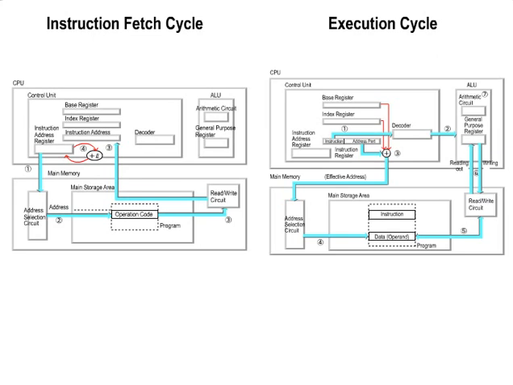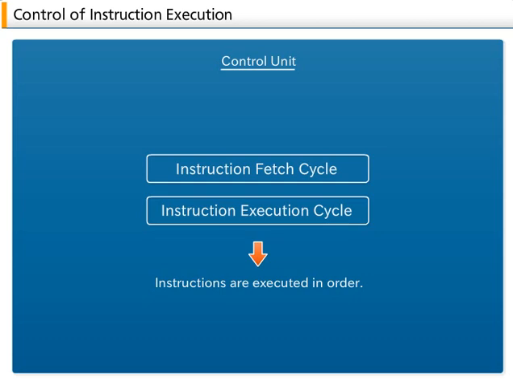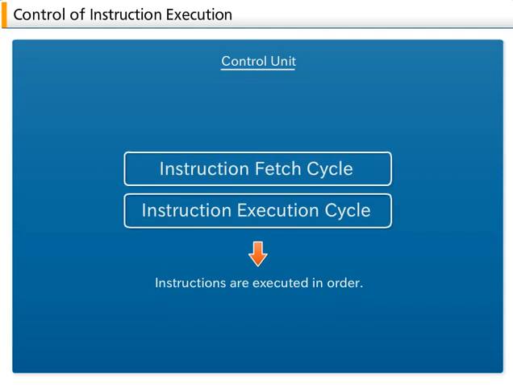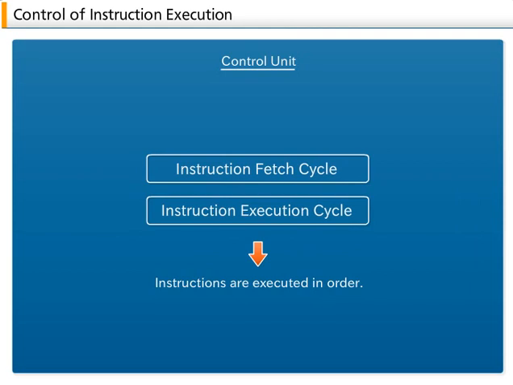When an instruction has been fetched, the content of the instruction address register is updated to the address of the next instruction. Because of this, when the execution cycle is completed and the next fetch cycle begins, the next instruction can be fetched right away. This means that if 1 and 2 are alternately repeated, instructions can be fetched and executed in the order they are arranged in the program,